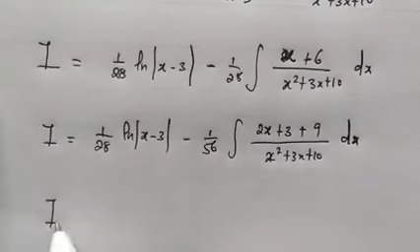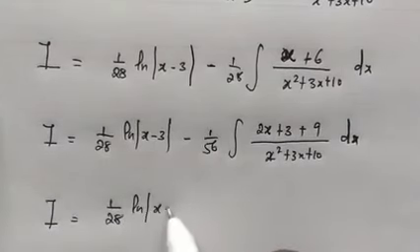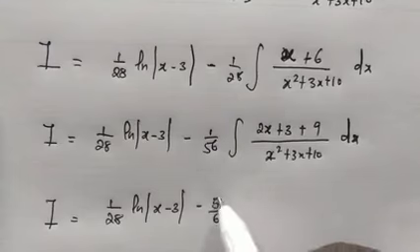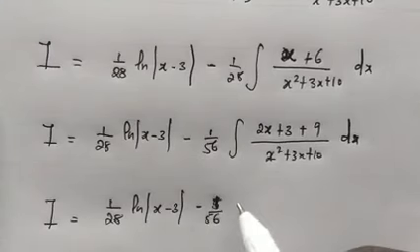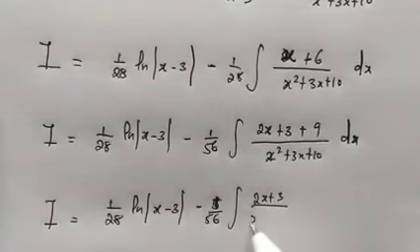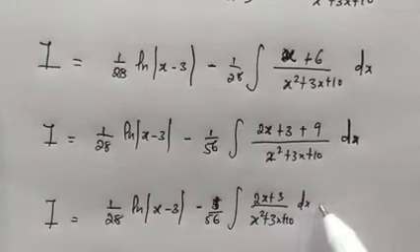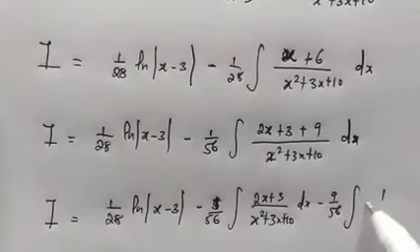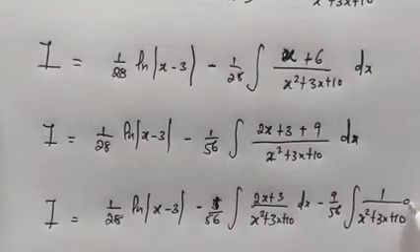So here I is going to be equal to 1/28 the natural log of x minus 3, minus 1/56, then the integral of, split the denominator, so this is what we have from here, dx, and then minus 9/56 the integral of 1 divided by x squared plus 3x plus 10